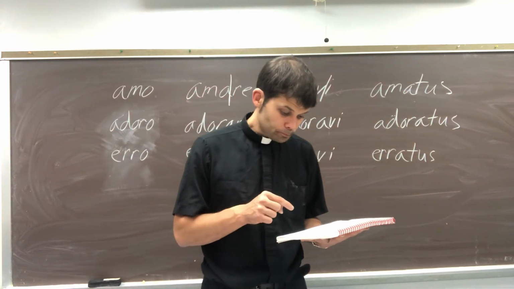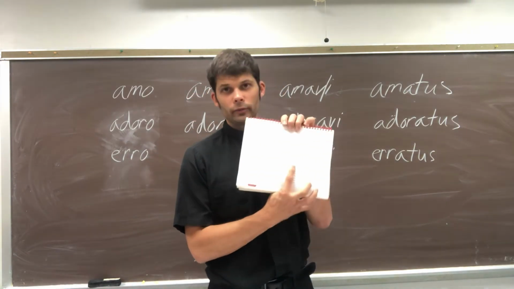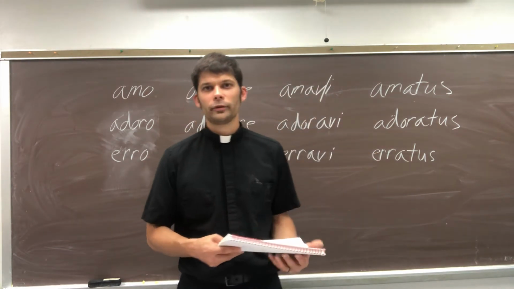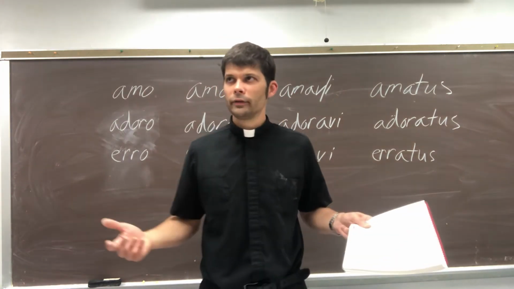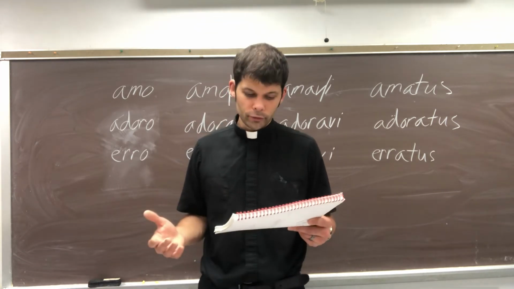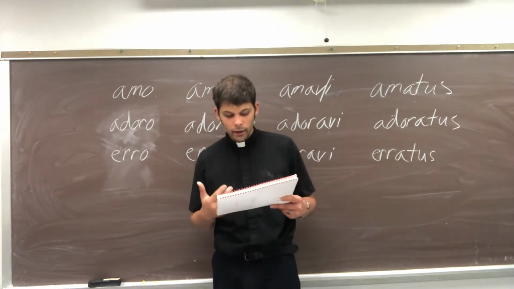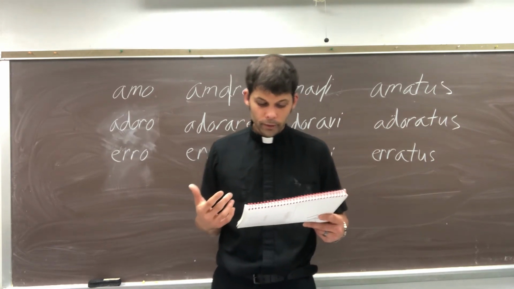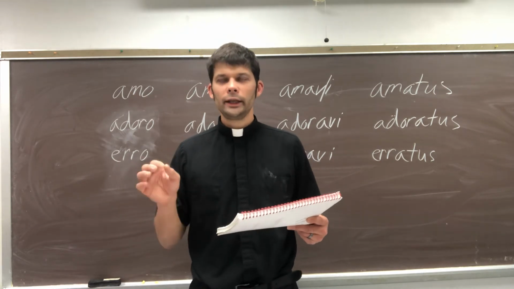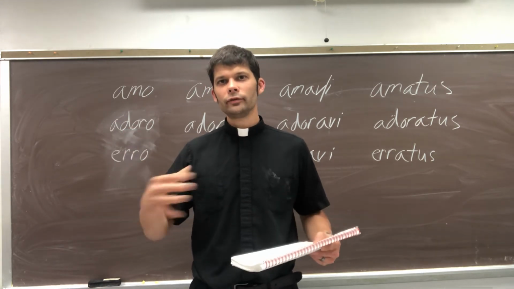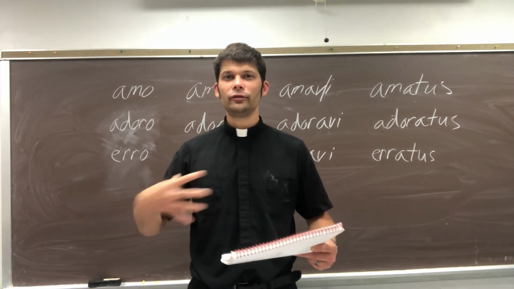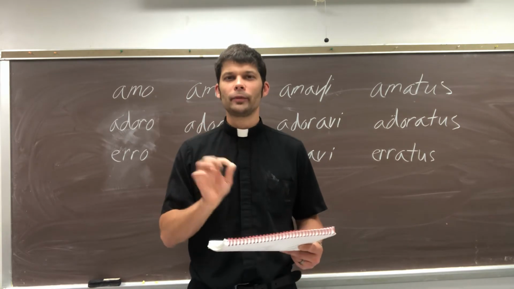And at the bottom, on exercise B, it says here, translate with indirect object word order, not with the preposition to. So in the dative case, when you're dealing with an indirect object, you can use word order, or you can use the preposition to. So for number 1, mihi equum dat. You could say, he, she, or it gives to me a horse. He or she or it gives to me a horse. That is an acceptable translation of that.